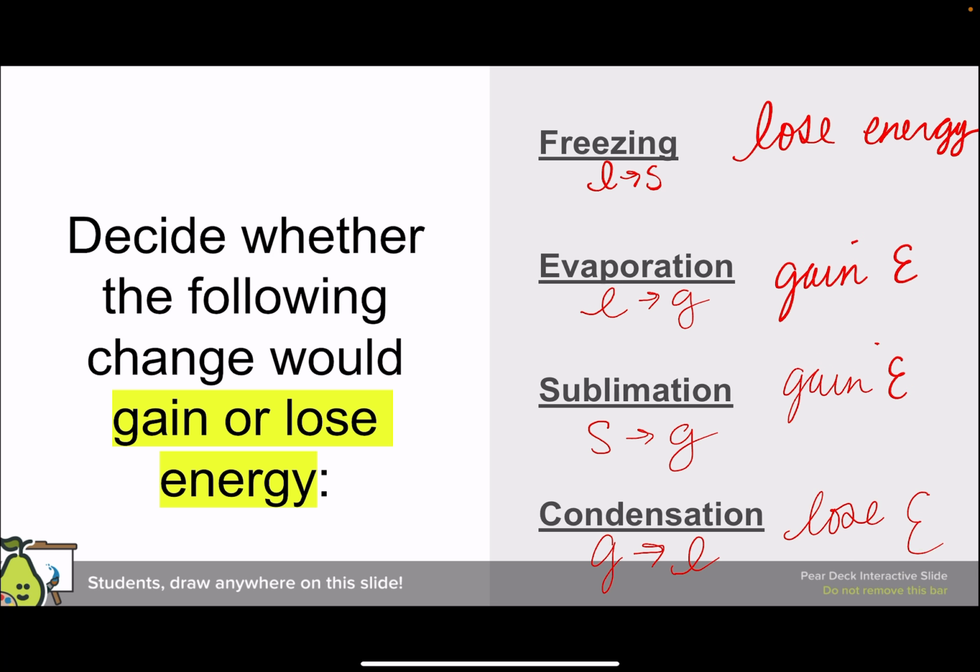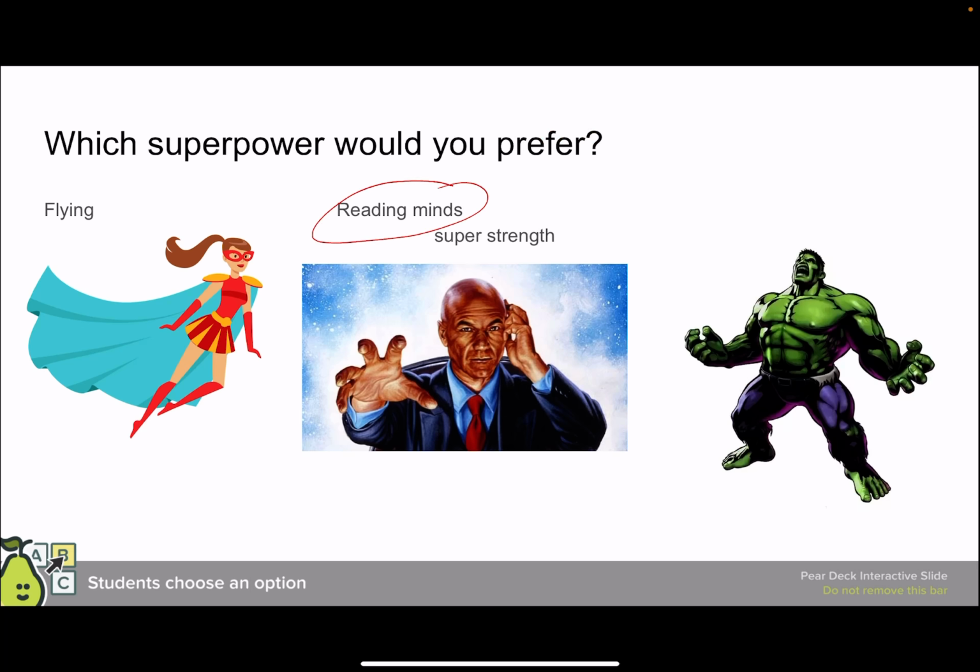losing energy for it. Okay, I think I would go for reading minds if I could turn it on and